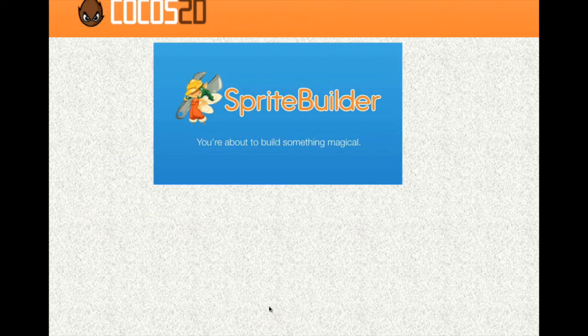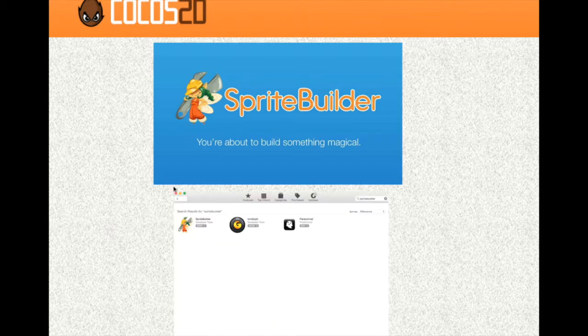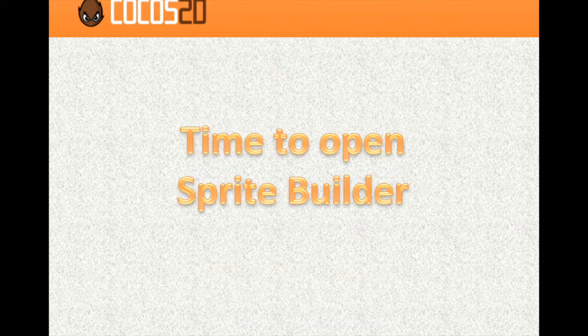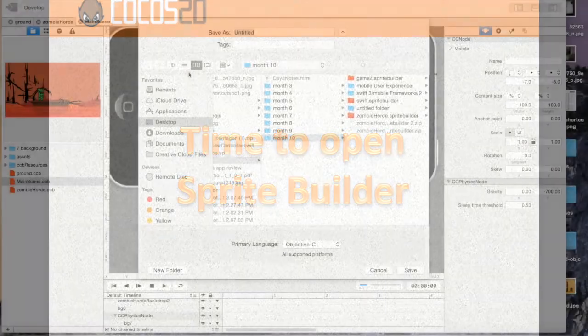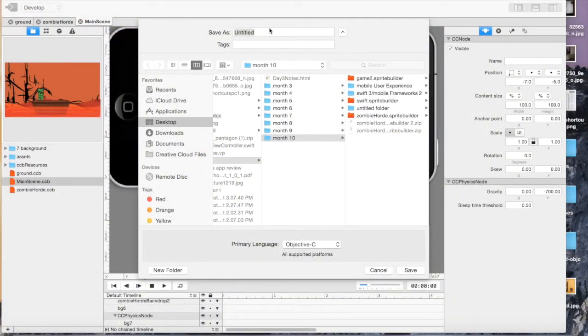So let's begin. To download Sprite Builder, all you have to do is go to the App Store and download it. It is free of charge. Once you download it, we can open it up. So this is the Sprite Builder. I'm going to open up a new application or make a new Sprite Builder just for you to see